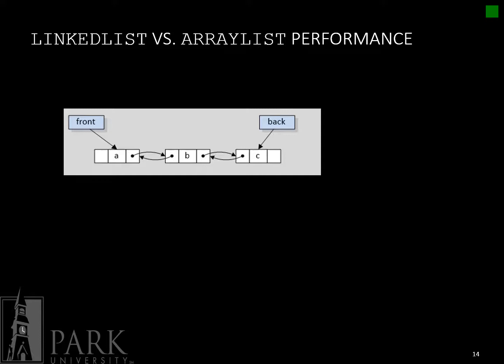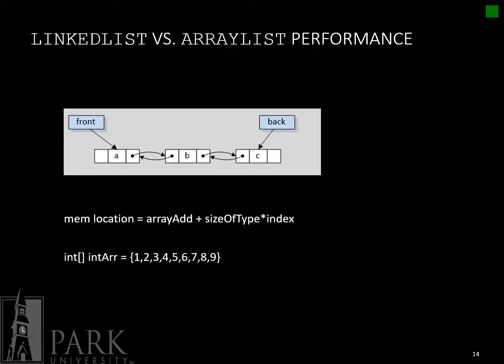So remember, with arrays, since we know how much memory each object takes, the index is actually a multiplier for the memory offset. So say that we create an integer array and it's stored at memory location 1000. We would automatically know the memory location of the sixth element, or index 5, by multiplying the memory size of the integer by the index and then adding it to the memory